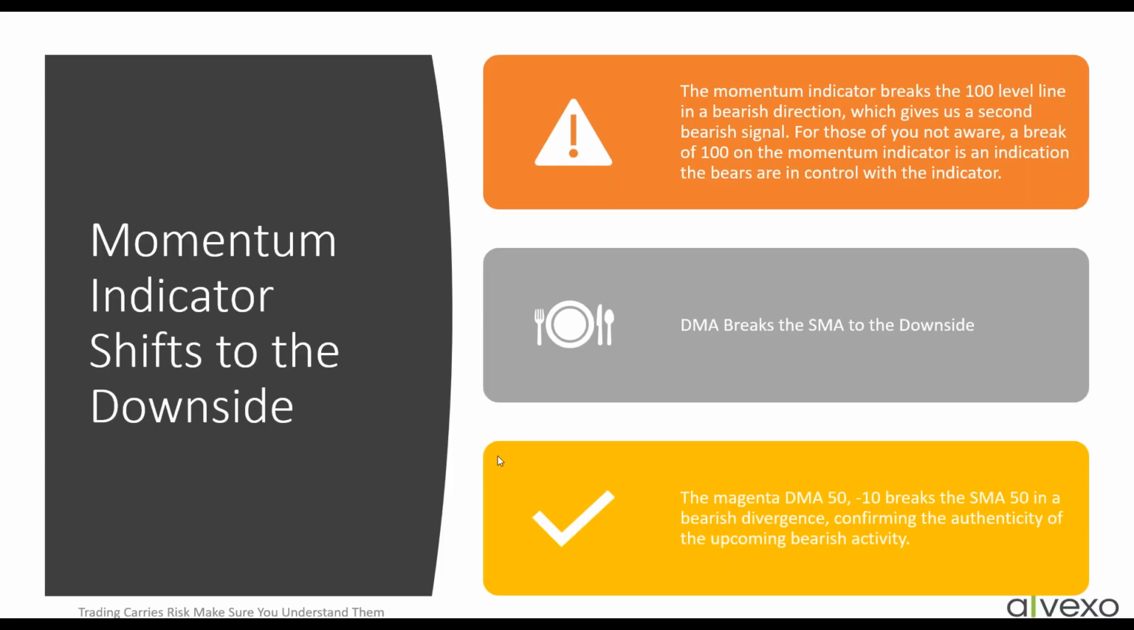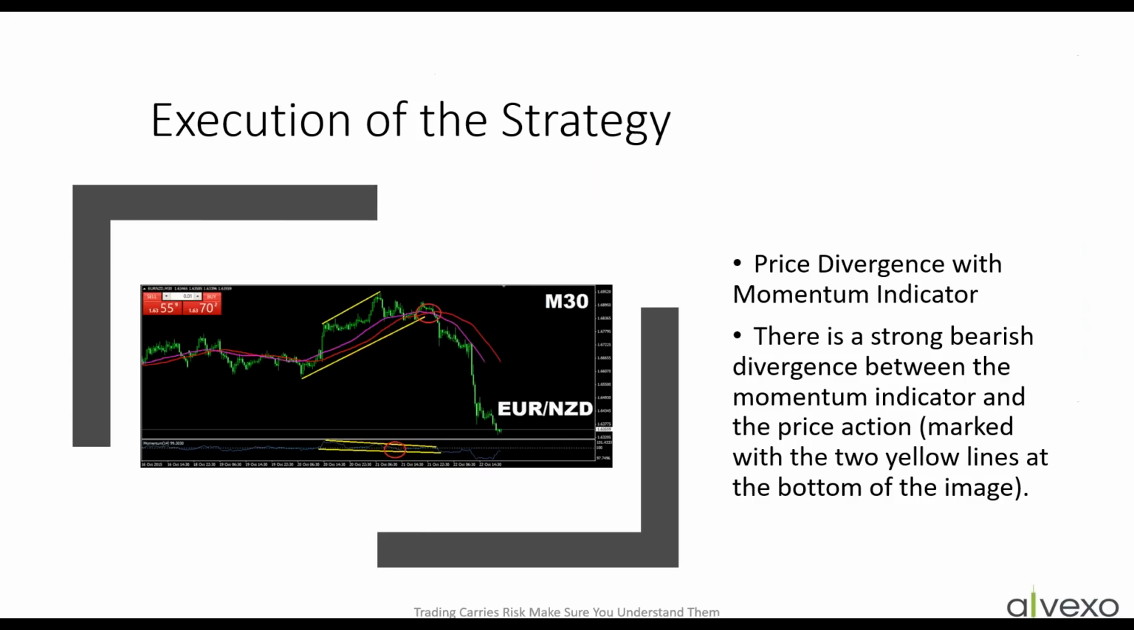So the momentum indicator breaks the 100 level line in a bearish direction, which gives us a second bearish signal. For those of you not aware, a break of 100 on the momentum indicator is an indication that bears are in control of the indicator. The DMA breaks the SMA to the downside. Okay, so in other words,